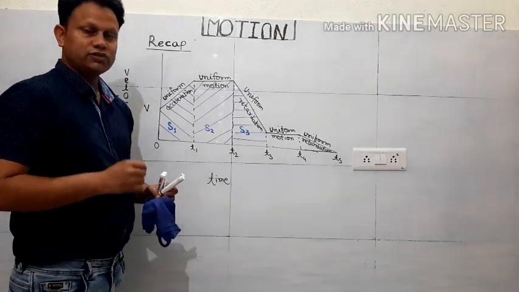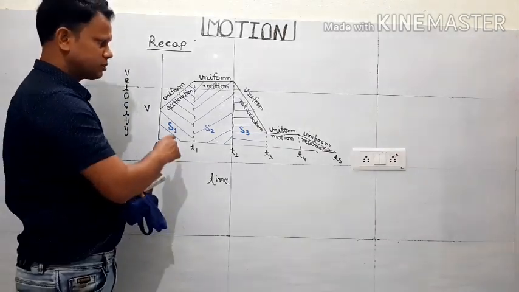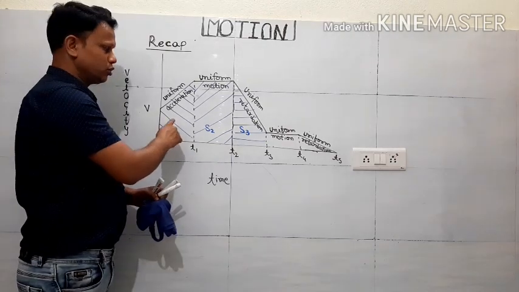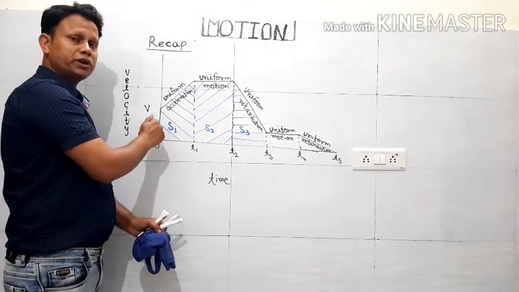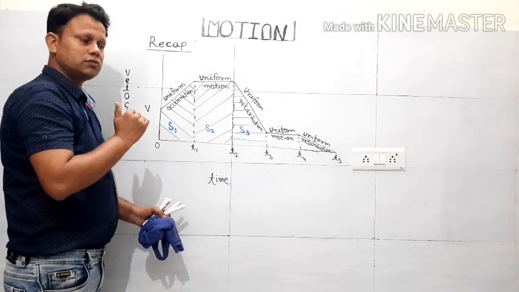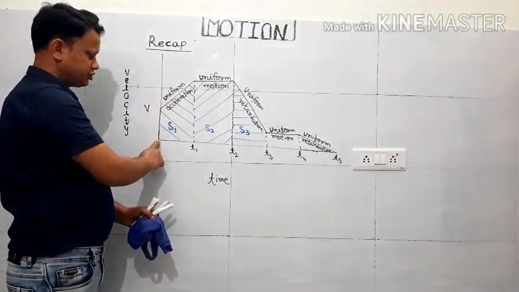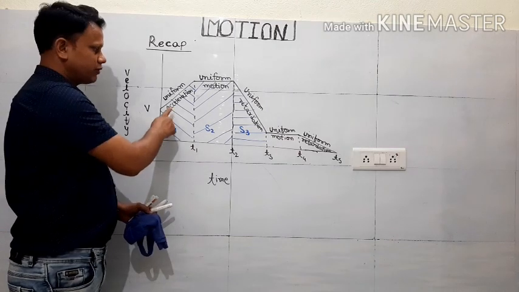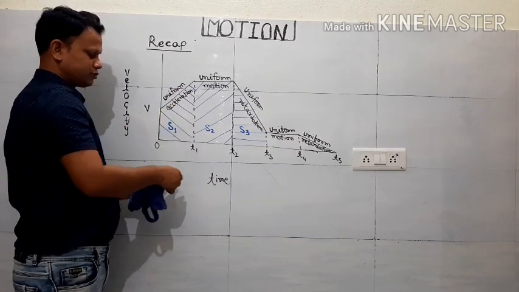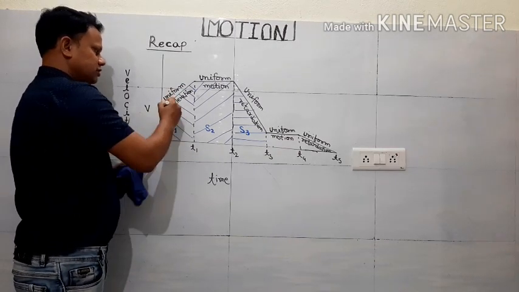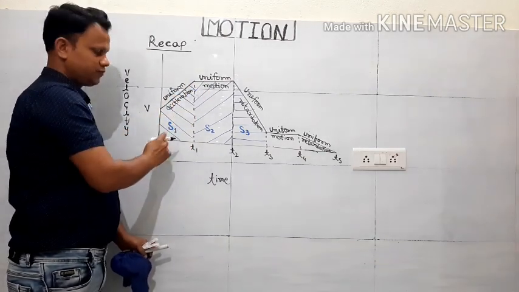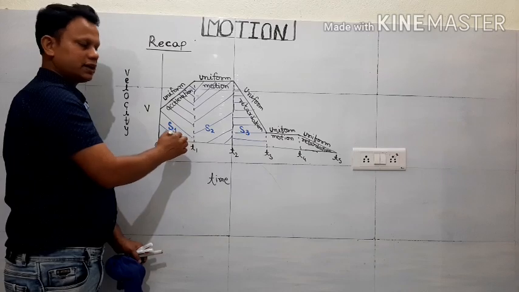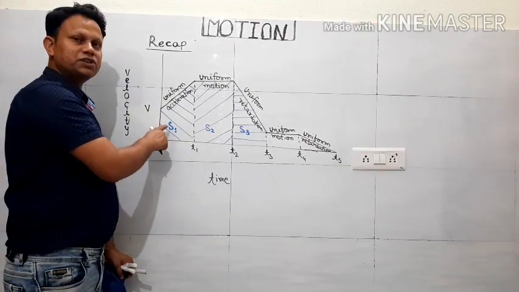Now one more fact we should recapitulate here. Suppose somebody is interested to know how much distance, or displacement, has taken place in the journey between 0 and t1. So what do you have to find out? The area under the v-t graph. Since our v-t graph is here to here, we'll enclose this figure and find out the area. Here you can see it's the shape of a trapezium.